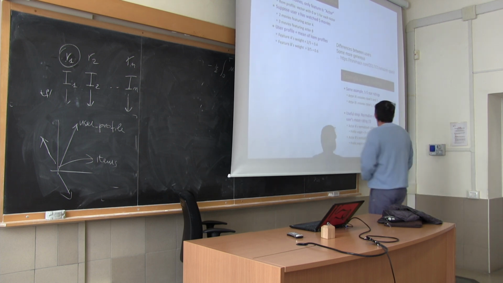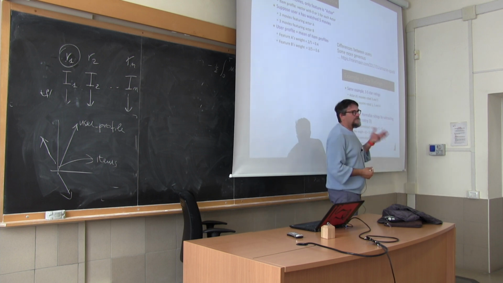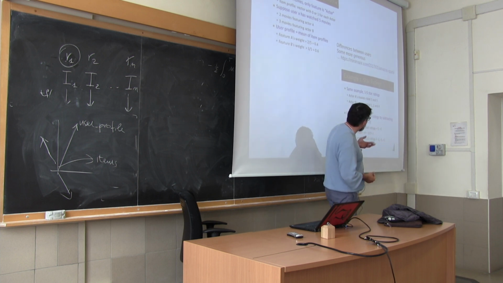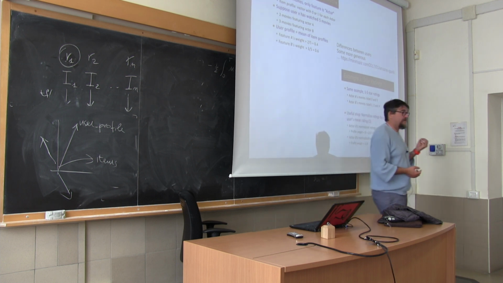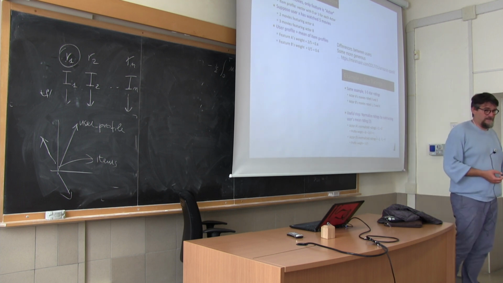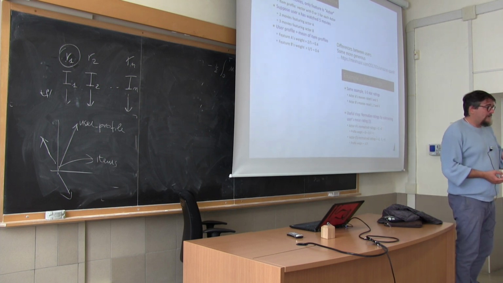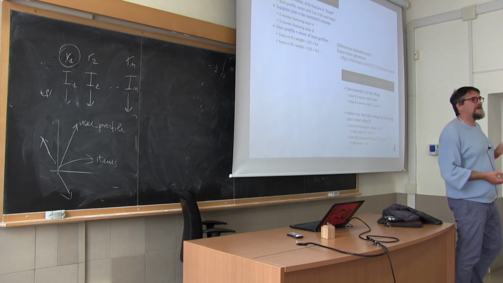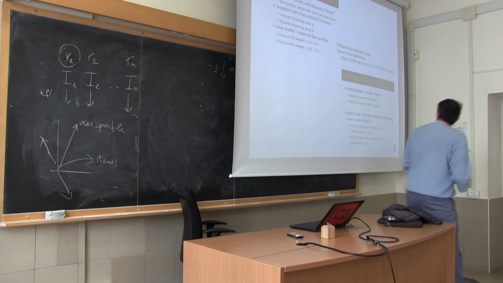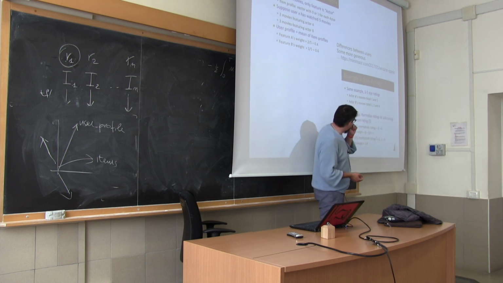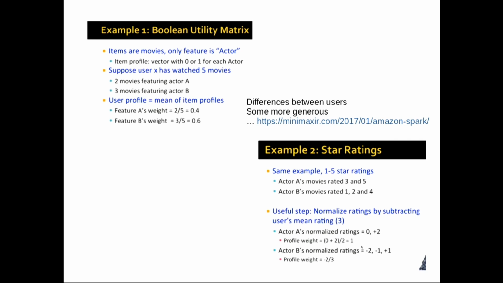Okay. So what you can do in order to better represent this situation, also on the average, because remember that we are building a user profile in this particular case. So we want to compute something that well represents the user's tastes, okay? So one option is to normalize the rating, okay? So what you can do basically is that you normalize the ratings,